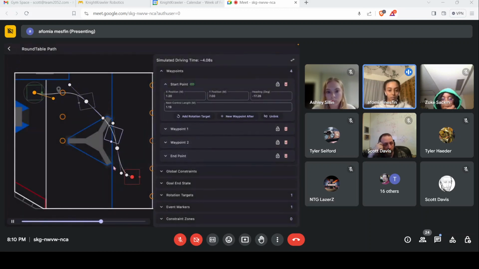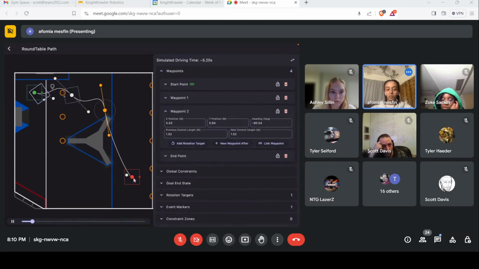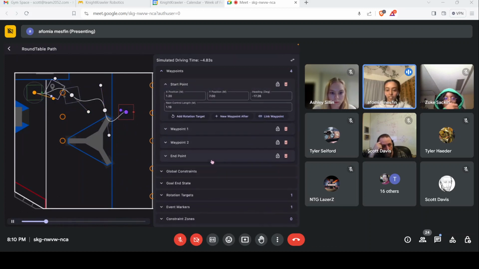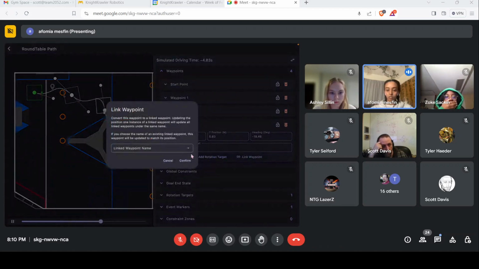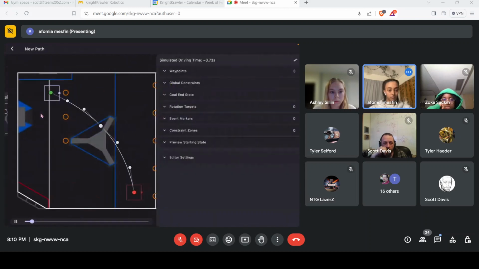I think we can try that. I'll make a different auto maybe. Well, for this one, it's a start point. So I'm just going to unlink that one and link this one. And then if we make a new path,